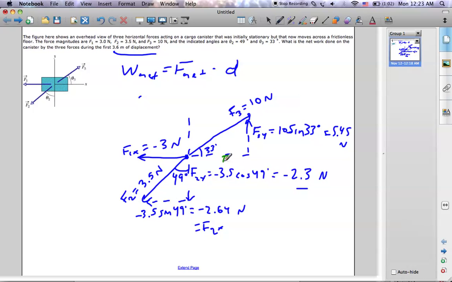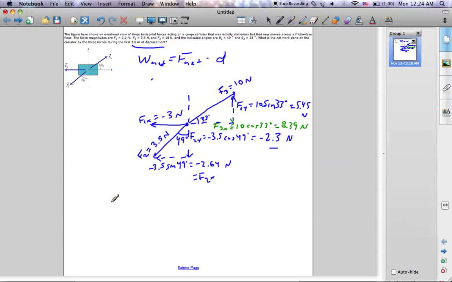F3x is in the positive x direction, so it would be positive 10 times cosine 33 degrees, and that equals 8.39 newtons. Now we have all the forces broken into their component vectors, and now we can find